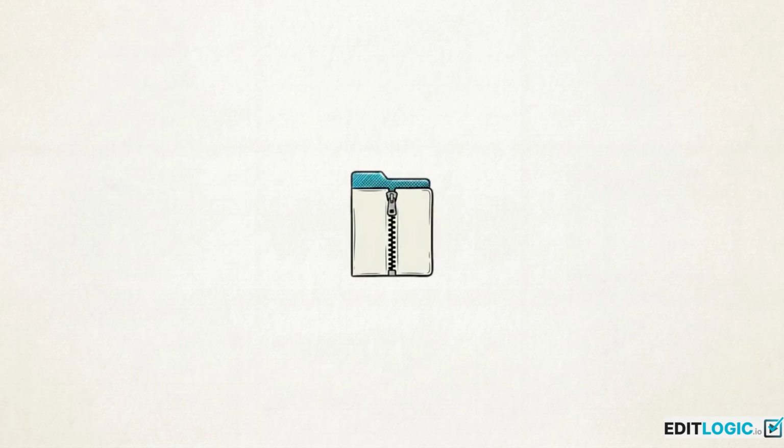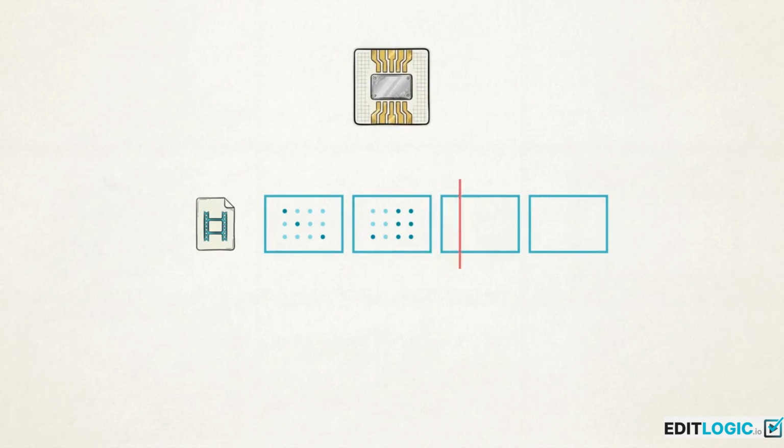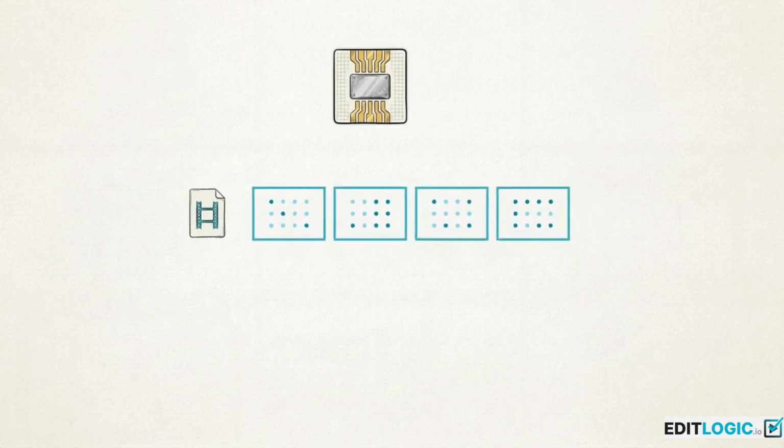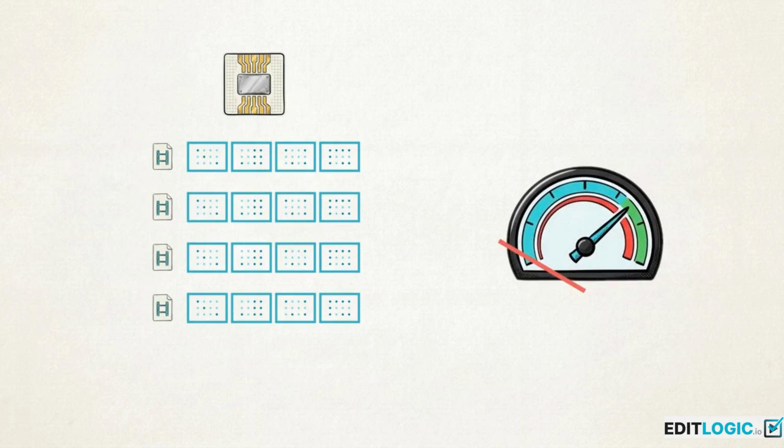Cameras use compression formats like H.264 or HEVC to keep file sizes manageable. Instead of storing every full image, they save one complete frame and force your CPU to mathematically reconstruct the missing frames whenever you scrub. When applied to 4K resolution, decoding that much data in real time causes your system to